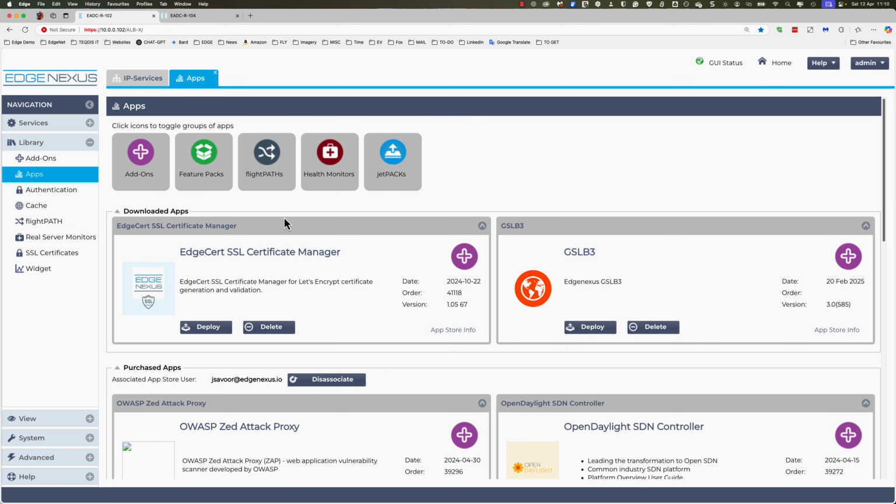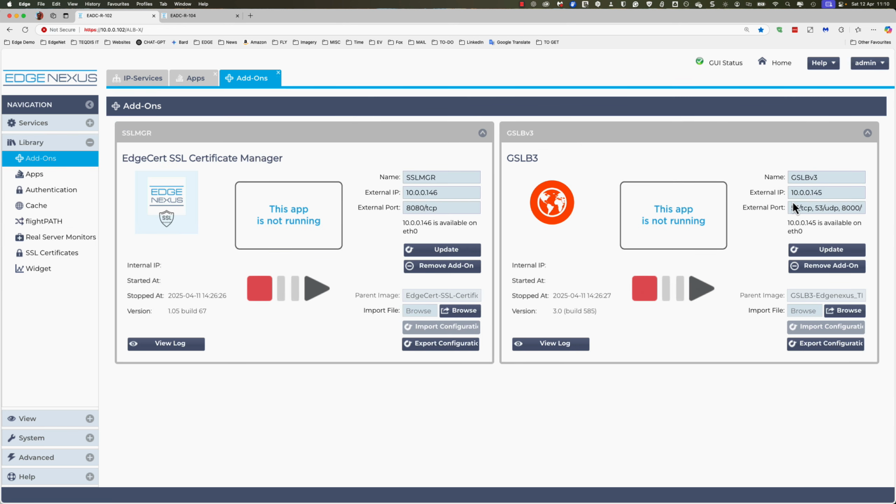So once you download, the apps will appear in the add-on section like this. Here we can see two apps: our EdgeCert SSL Certificate Manager and also our GSLB version 3. What you do now is that you can actually provide a name here for the app, and this is